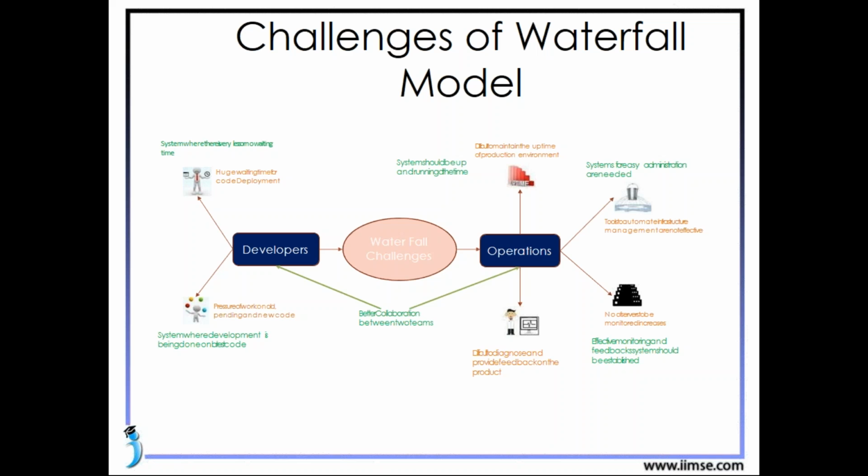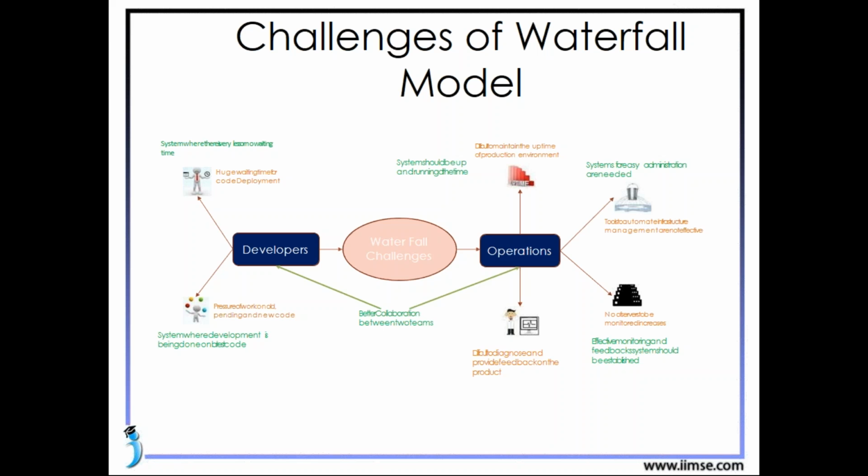So this left thing, developers, that got addressed. Fine. Now for this operations part, the agile model was mainly catering to the needs of the development model. Then after that, how can the operations issues be handled?